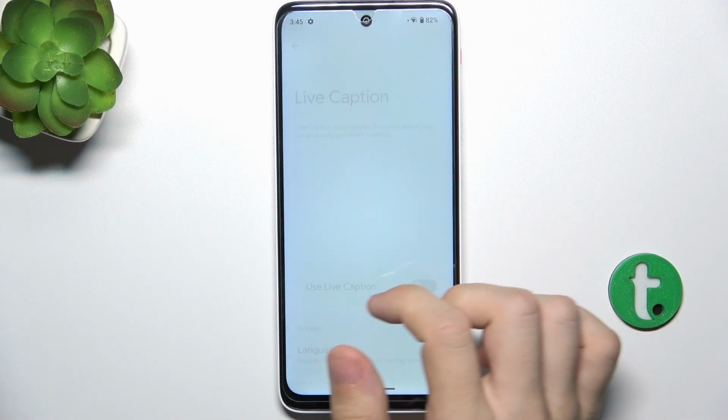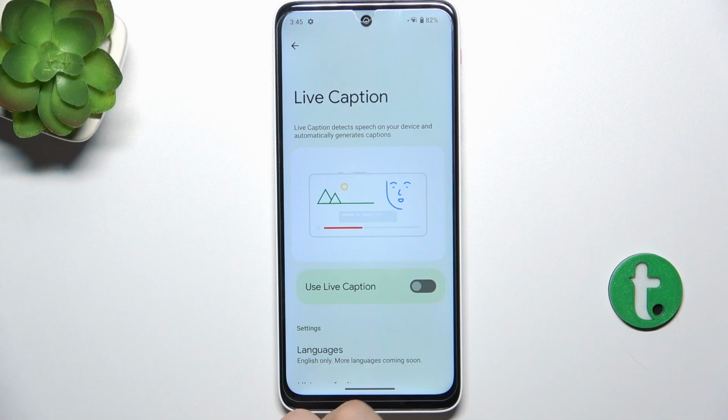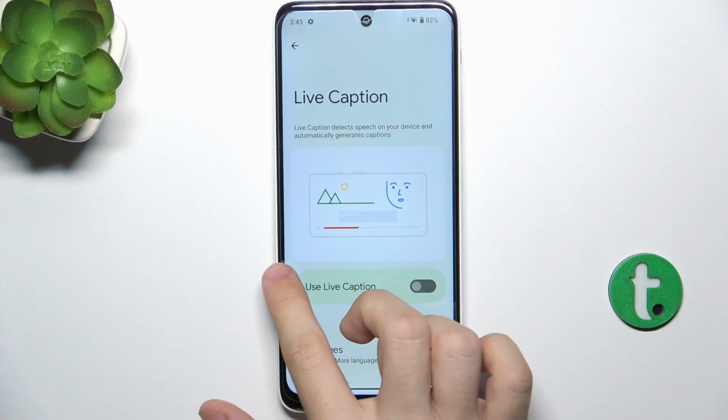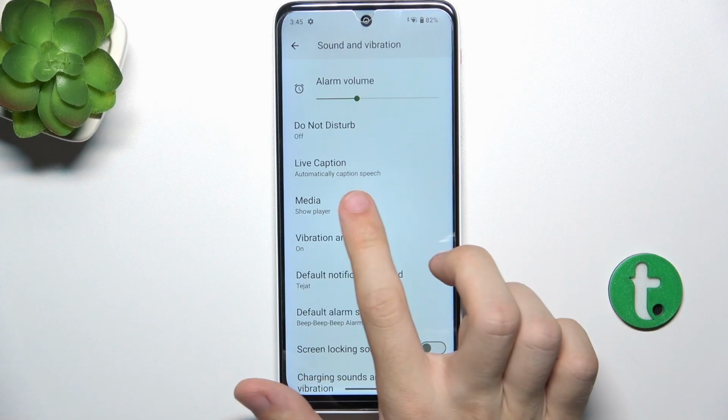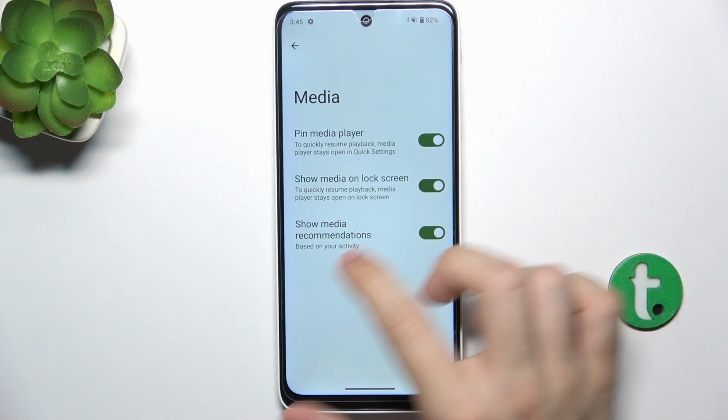Then here is live caption. You can enable it so it detects speech on your device and automatically generates captions. You can adjust media settings,